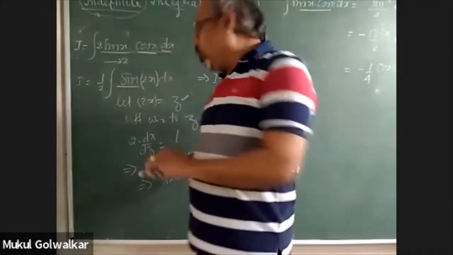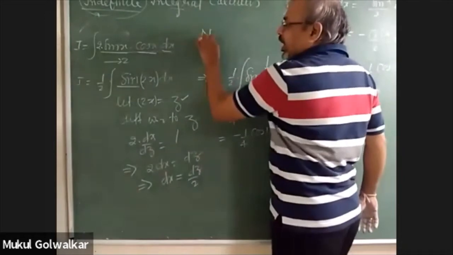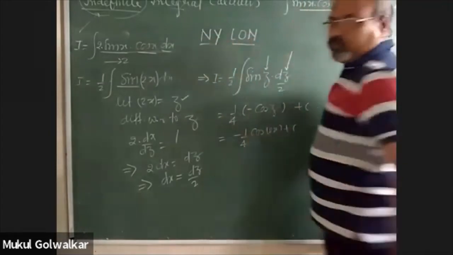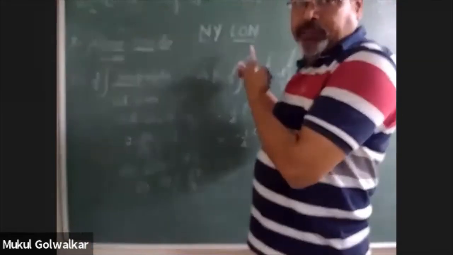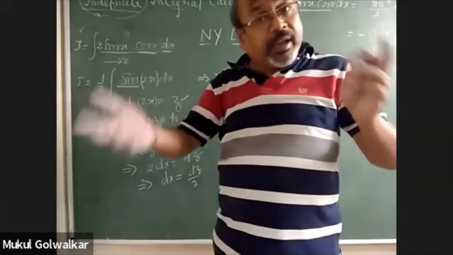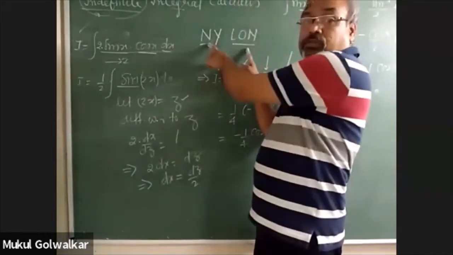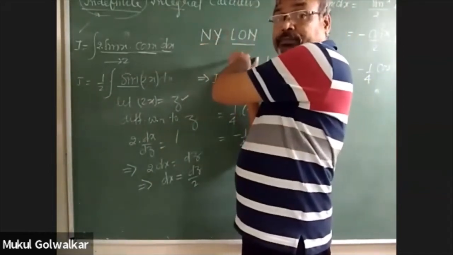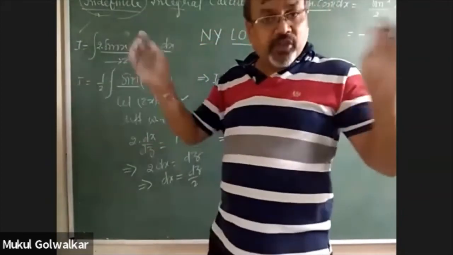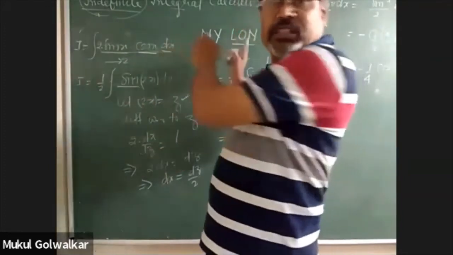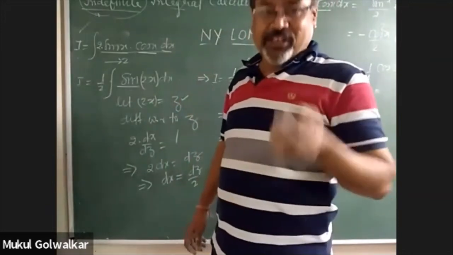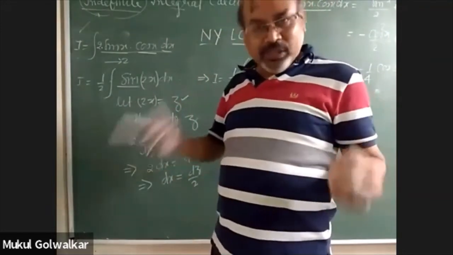Say nylon. If you go for the spelling, NY stands for New York and LON stands for London. Correct? And this is the fact, my dear. This fiber was simultaneously invented by two different chemists in two different places. One was New York and one was London, that means USA and UK. Simultaneously, two different people started working on the project, and by chance they got the same answer. Correct? So who should be given the credit? This is the question. So both the scientists, okay?